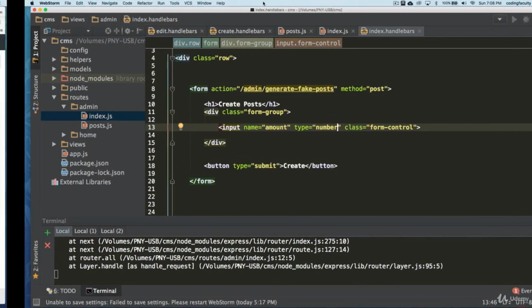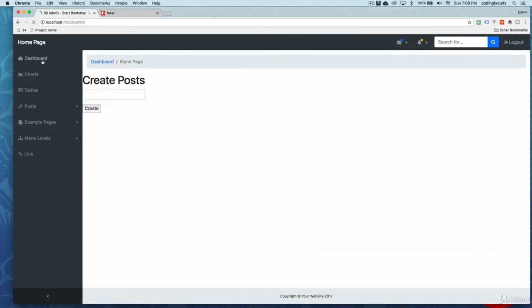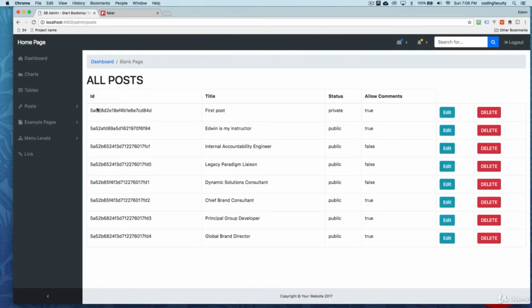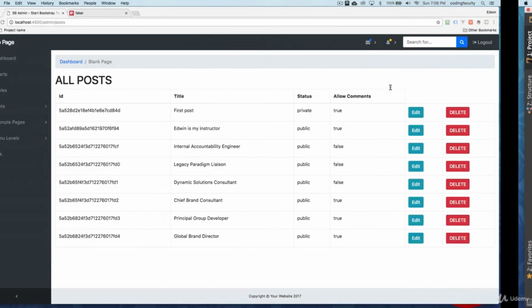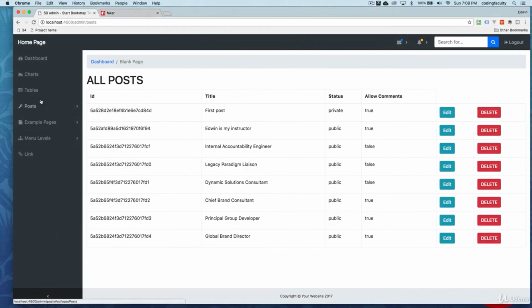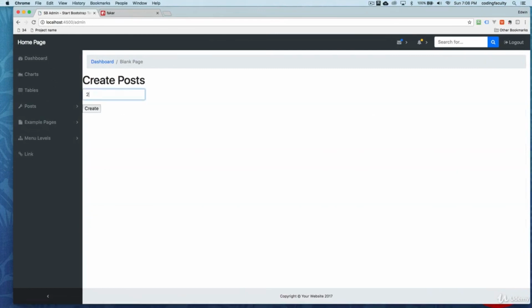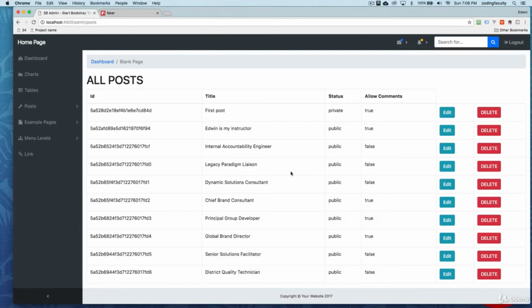Okay, let's 20. My form is not working 100% for some reason. Okay, let's just do this. It's just going to be type text. Let's see what it does. 20. Enter.